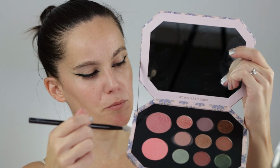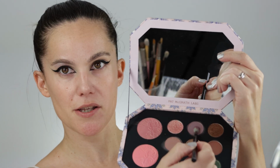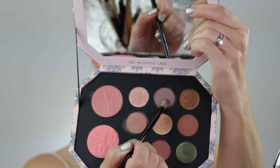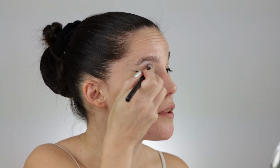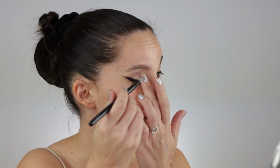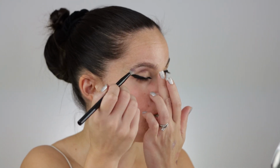What I'm gonna do now is go in with the Starstruck Splendor palette, and I'm gonna use this shade right here, Dawn Divinity, and I will start by applying this one right underneath the previous one. Again, it's a bit weird. If I could use anything else, I would love to use this shade combined with other matte lighter eyeshadow, but